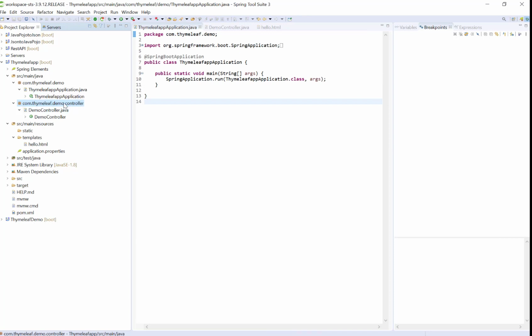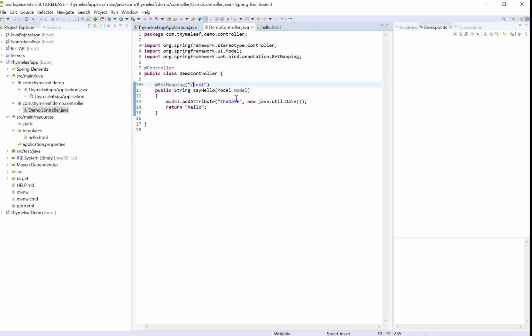See here, first I created one package. After that, inside that package I created one class. Now I made that class the controller. Inside that class I created one method. I gave the mapping for that method, /test. Inside that method I wrote the code to add the date attribute into the model.